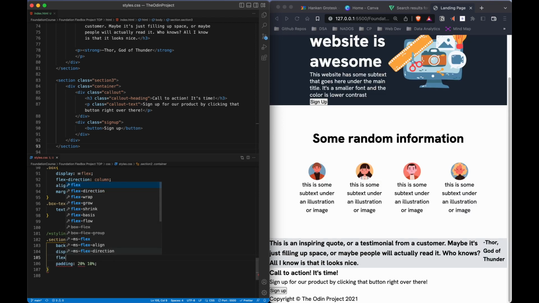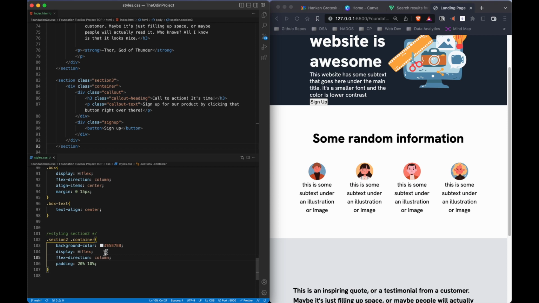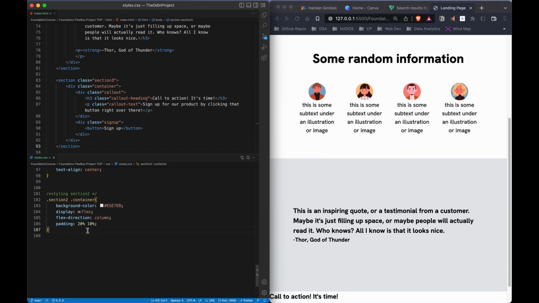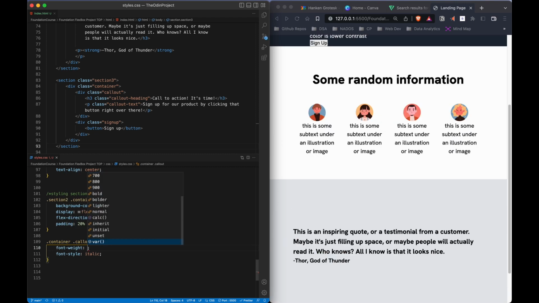Flex direction column, and now let's go to dot container dot callout. So that would be font style italic, font weight 300,